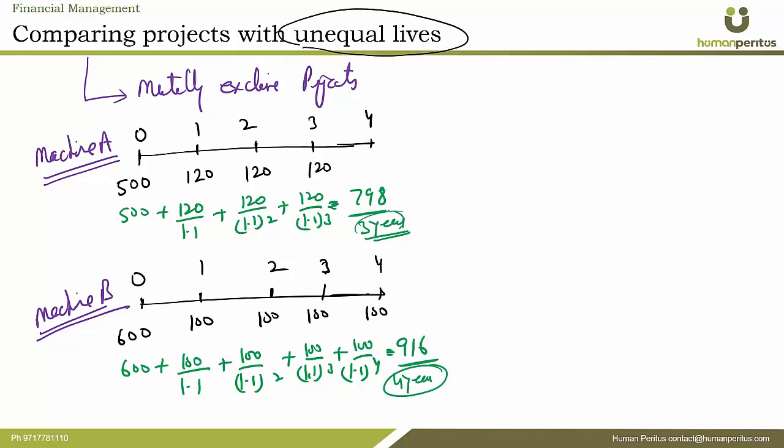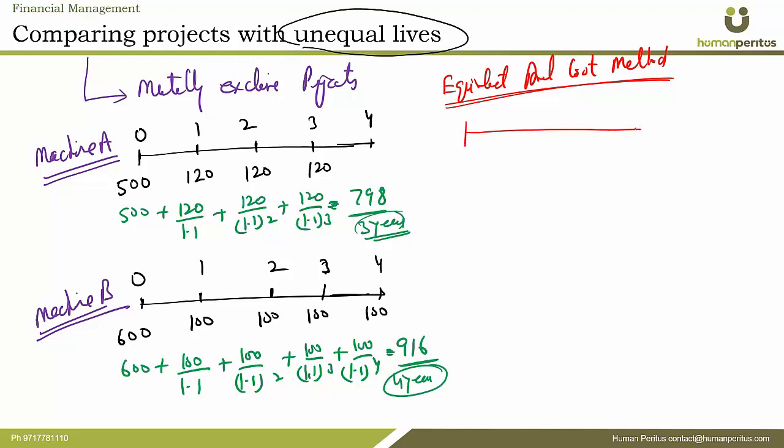That is where our problem is. So how do we resolve this problem? There is a method which is known as the equivalent annual cost method. What this method says is that you assume that for machine A